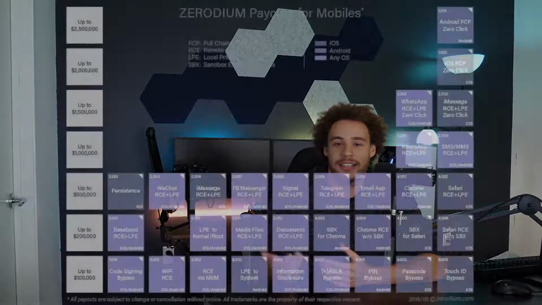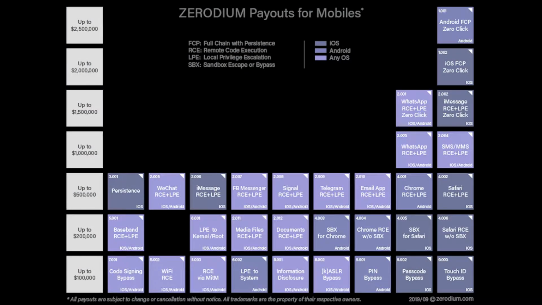And that's not to say that zero-day vulnerabilities don't exist. As you can see here, a full Android zero click goes for 2.5 million on Zerodium, an iOS one 2 million, and even the local privilege escalations are $200,000. But the use of these kind of exploits is very few and far between, because this is just the acquisition price for Zerodium. They're then selling the bugs to either other brokers or directly to government for 5 to 10